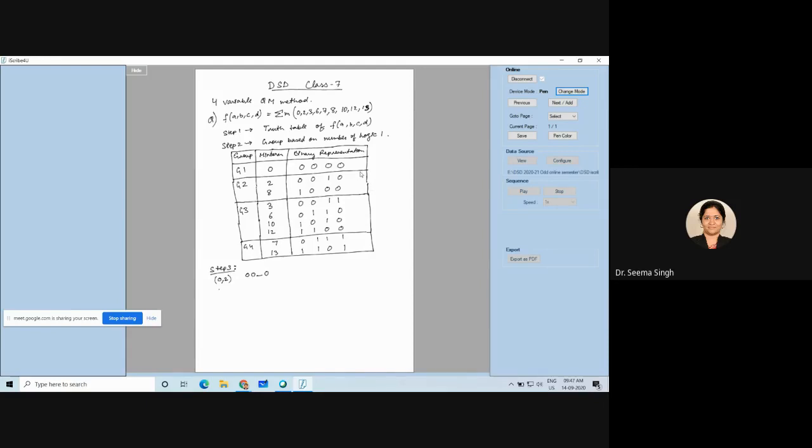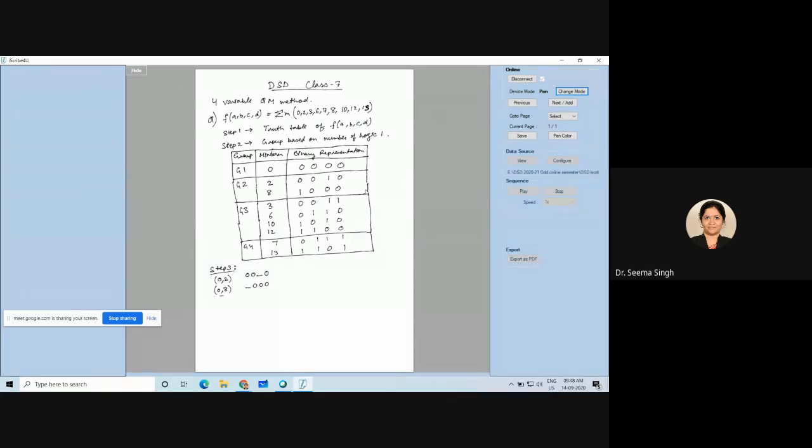Same way you will have pair of 0 and 8. And that will be what? Dash 0, 0, 0. Correct. You will have -000. This is your step 3, pairing between group 1 and group 2. So pairing between group 1 and group 2 gave me 2 pairs and it is complete now. Now next I have to start with the grouping. 2 and 3. So what all is possible between 2 and 3? 001-. Okay, so that is the pairing between 2 and 3.